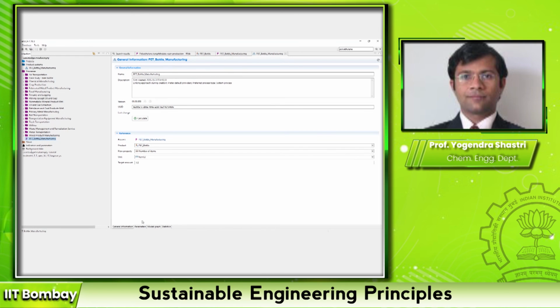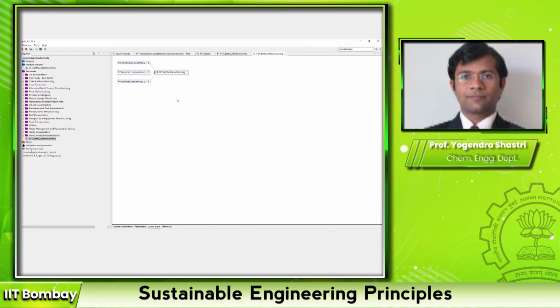Again, at the bottom you have four different tabs. If you open the model graph, you will see the product system pictorially. You can see that there is a PET bottle manufacturing process which takes input from the polyethylene terephthalate manufacturing process, transport operation process, and electricity production process. These are the three inputs that go into the PET bottle manufacturing. You have let the software select the default providers, and it has connected them.